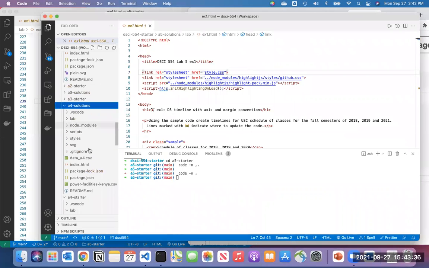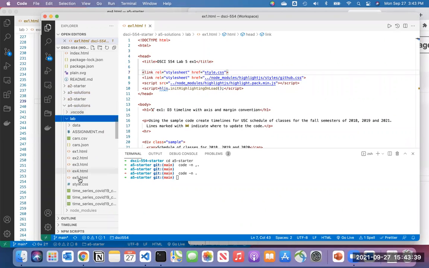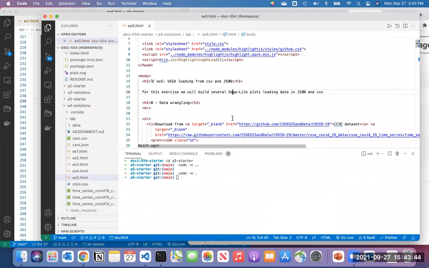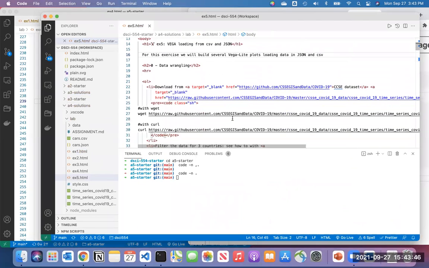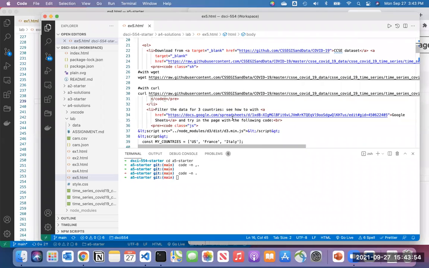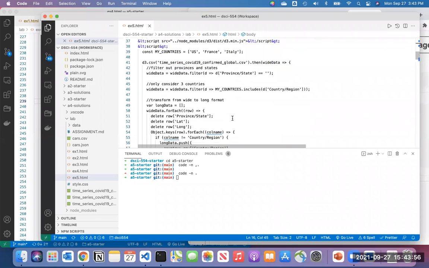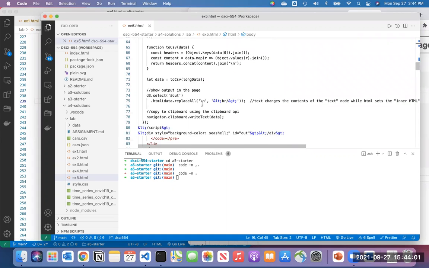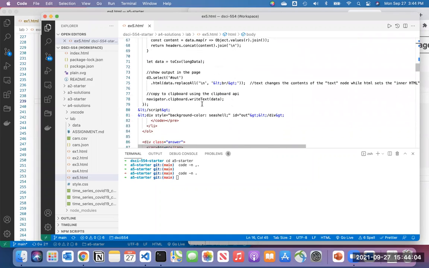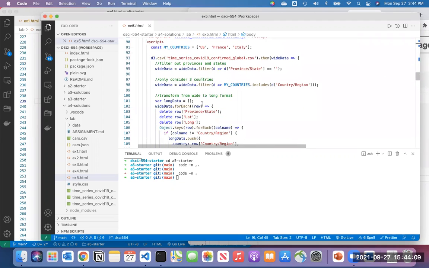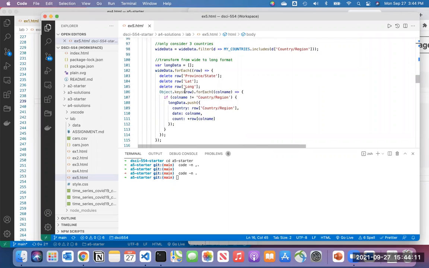A4. Yeah, let's go look at the solution set. It's either this or 5. No, we did it already in 5. You see here, loading from CSV and JSON. Yeah, and that's the one that I was suggesting that you use. Okay. v3.csv, and then